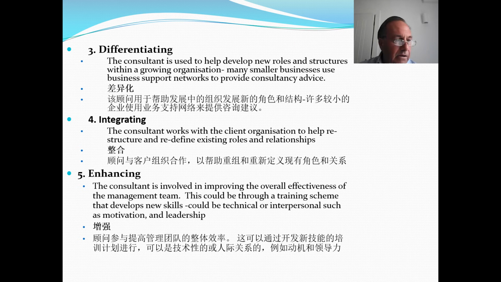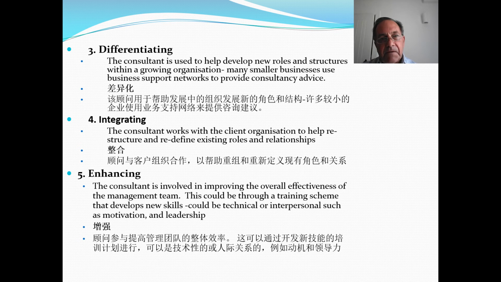The 5th role that a consultant can take is looking at how they can enhance the overall effectiveness of the management team within an organisation. So this might be that they use a consultant in a kind of training way to actually develop new skills, either technical or digital skills, or perhaps in areas to do with leadership and motivation. So they're looking to move into the organisation and help them enhance particular aspects of the skill set within the